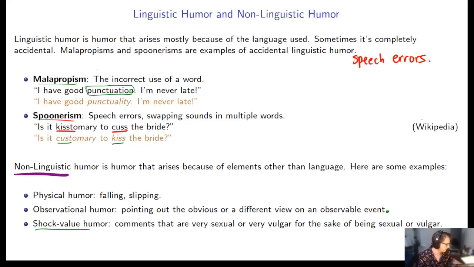So, I mean, if you take a course like I think LING 415, or LING 290, or maybe not LING 290, but I think in 415 you might talk about speech errors some more. So you might actually talk about malapropisms and spoonerisms. I'm not sure. It might depend on who teaches it. But anyway,